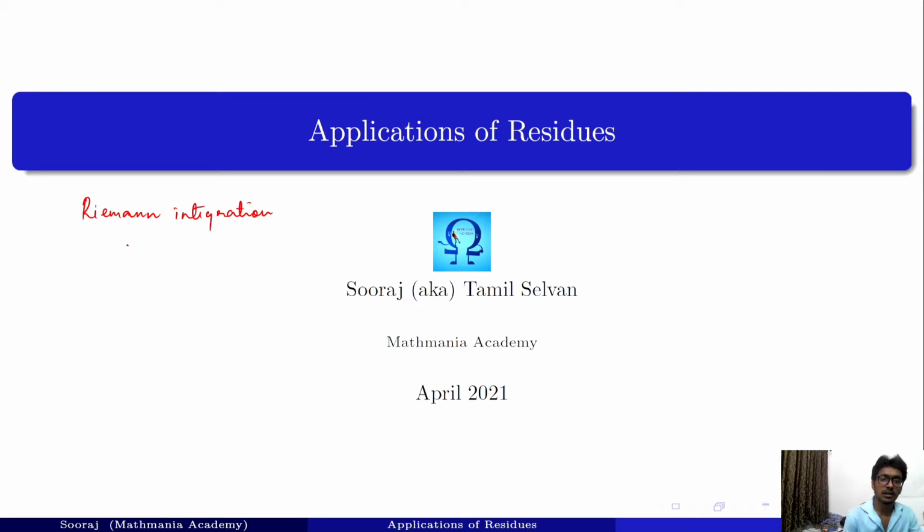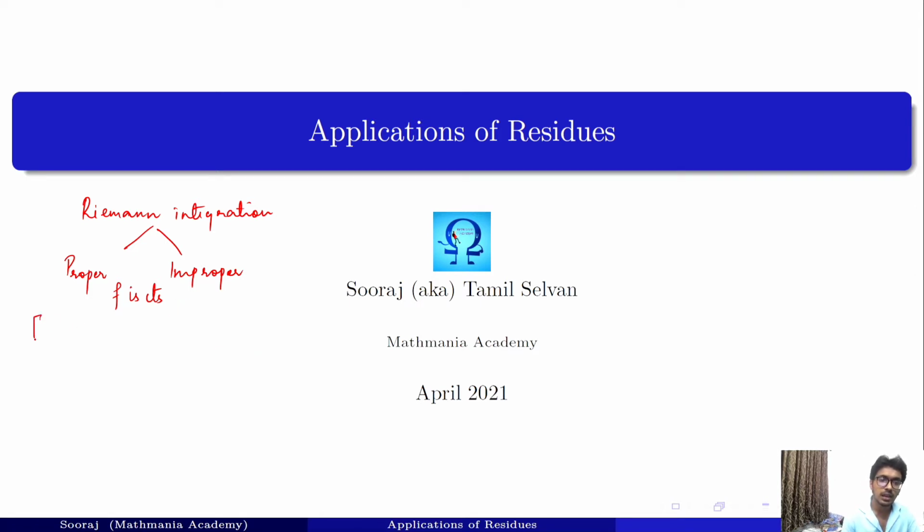Actually, in Riemann integration, there are two things. One is proper Riemann integrals, that is what we have learnt actually, and the other one is called improper Riemann integral. So in proper Riemann integral and improper Riemann integral, we generally have a continuous function. Some kind of discontinuity, namely jump discontinuity, is permitted, right? The function has to be continuous.